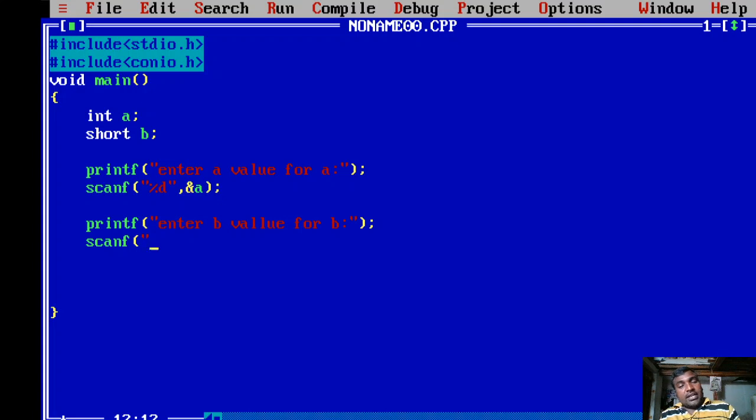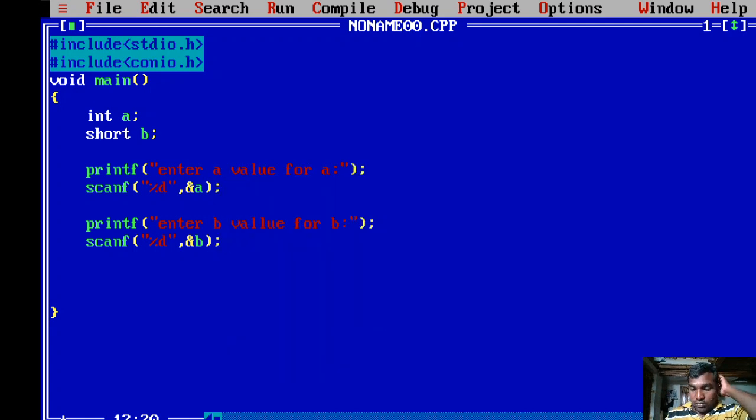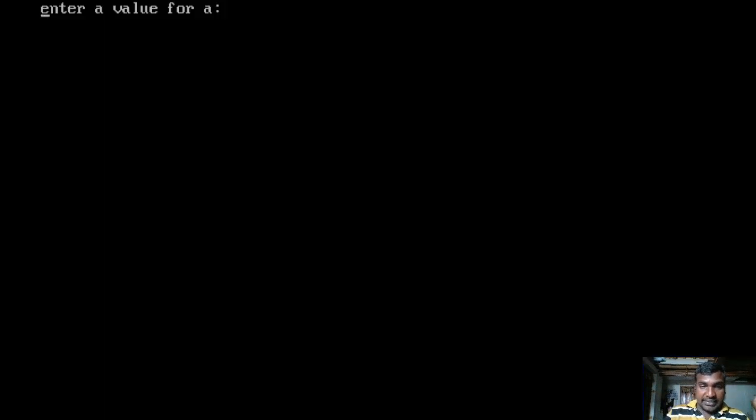Here b is a variable of short type, so we want to use the percentage d format specifier. If you use the percentage d format specifier, you might get some error. So Alt F9. Not getting an error, so it is acceptable. Enter value for a, enter value for b.